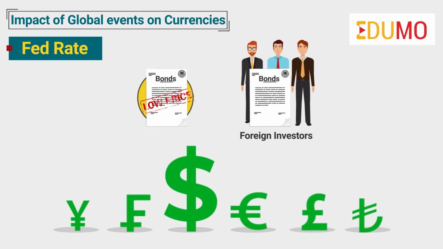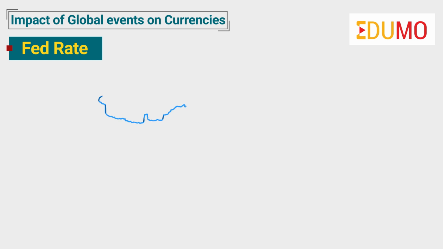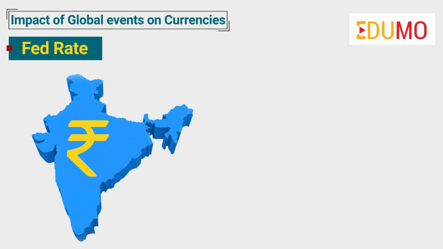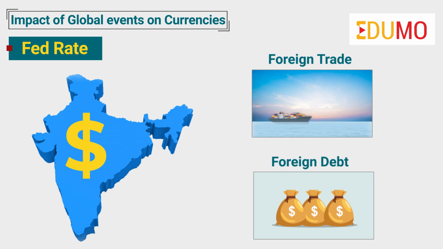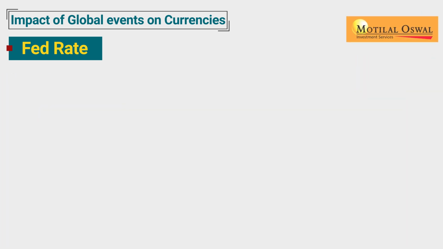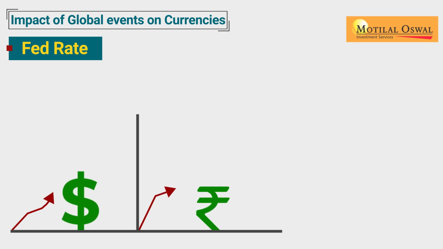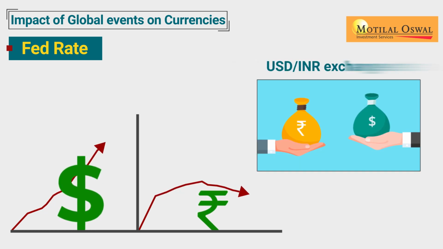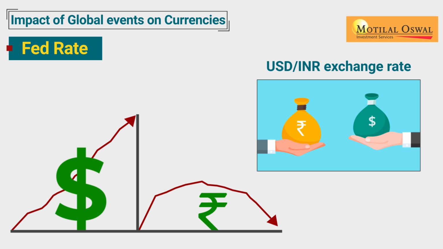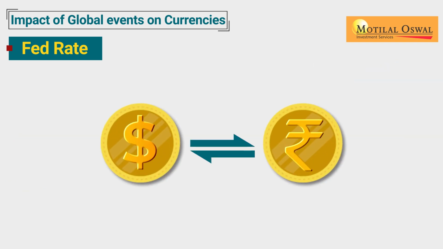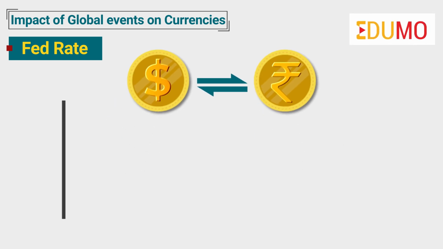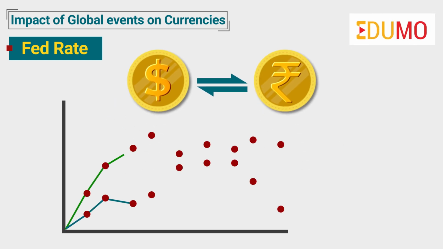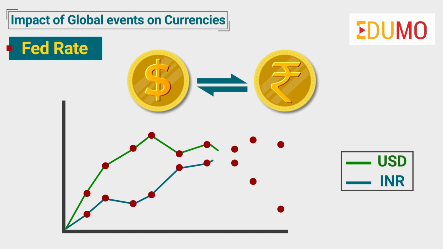How does a high dollar impact the Indian currency? The Indian currency is expressed in terms of another country's currency, usually the US dollar, as the majority of India's foreign trade and foreign debt is USD denominated. So, any change in the rate of the US dollar has a proportionate impact on the USD-INR exchange rate. Thus, the INR has a negative correlation to the USD, which means that when the USD becomes stronger due to any factor, the INR tends to depreciate, and it works vice versa.